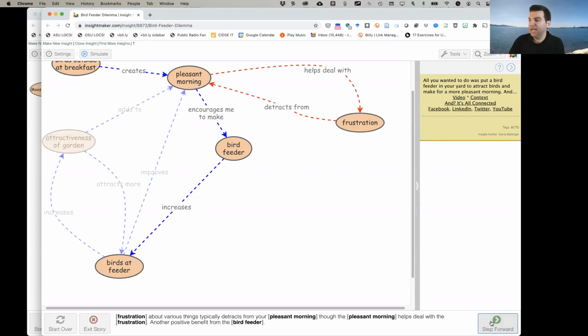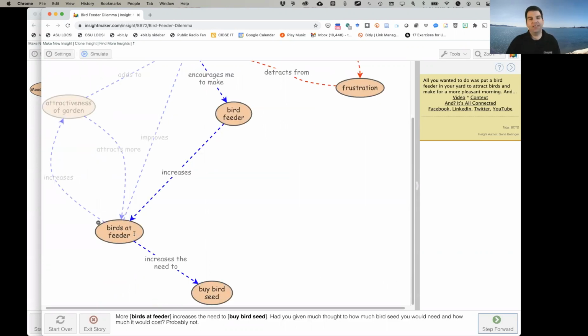But eventually, I see that it actually reduces my amount of frustration. And that frustration, if I had frustration, would take away from my pleasant morning. So there's a feedback loop here that suggests that things are going to get better and better and better for me. But we know that eventually something's going to go wrong,